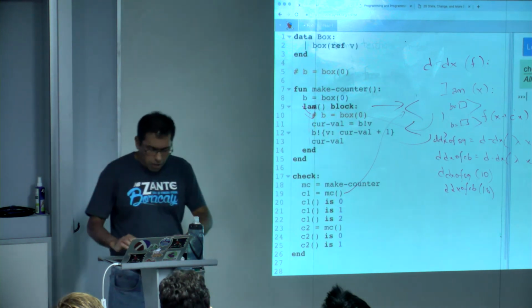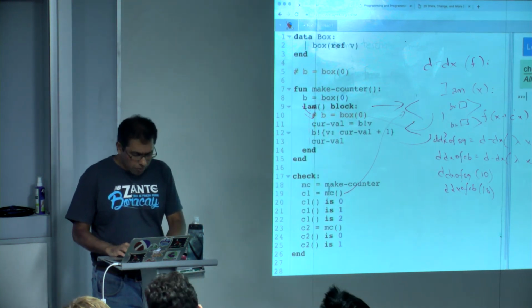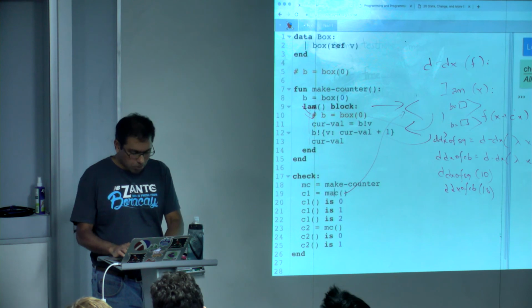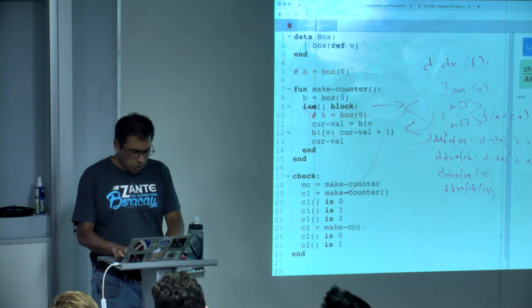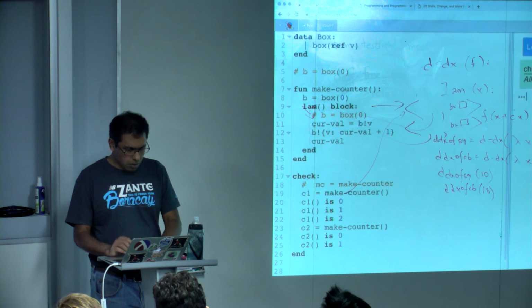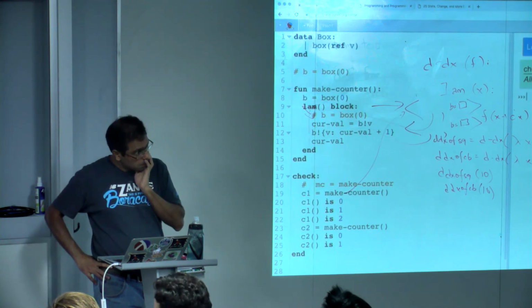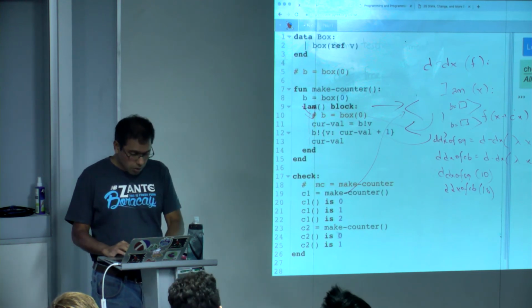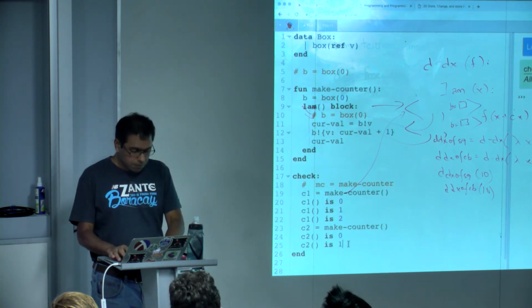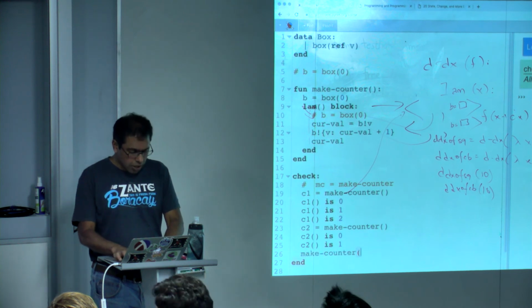Okay. The reason I made this name is because I wanted to do something else in class today, which I didn't get to. So it would have been helpful for me to have two names, but I can do this just as well. But now if instead of going through C1, you called make counter, open parenthesis, close parenthesis, open parenthesis, close parenthesis, which is essentially the same thing as C1, would that just make a new one? So what you're saying is if I do this,